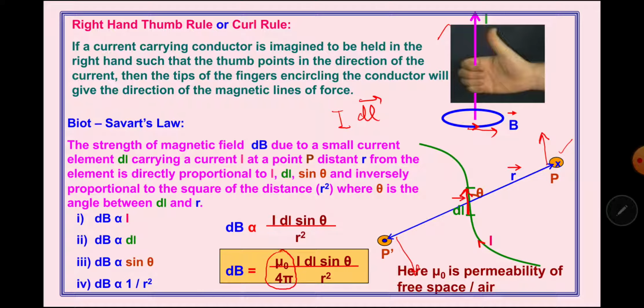Students, just like in electrostatics, the proportionality constant included a term epsilon naught, which we called the permittivity of free space. That was a medium dependent term. In the same way, mu naught here is called the permeability of free space or air. That term also indicates that magnetic field strength depends upon the nature of the medium surrounding the current carrying conductor. So the magnetic field strength and the magnetic force also depend upon the nature of the medium in the surroundings. This is the formula for the magnetic field strength due to a small current element, and this formula itself is known as Biot-Savart's law.